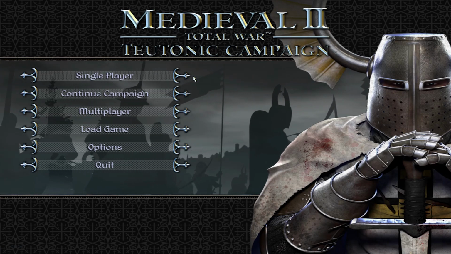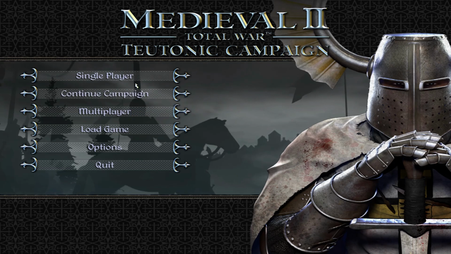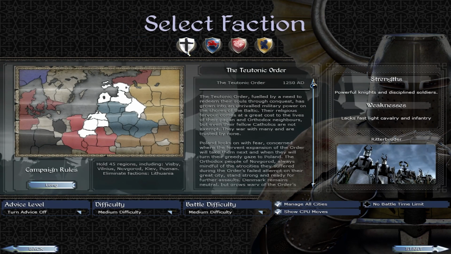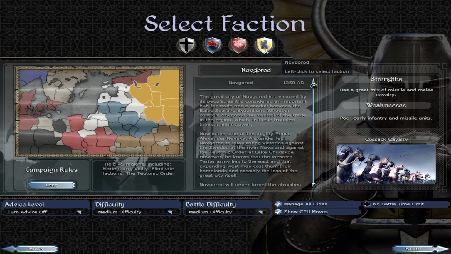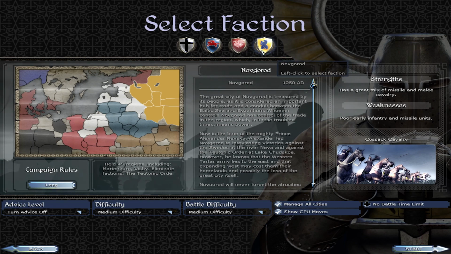Good evening, this is The Nerd Is The Human, and welcome to this guide to unlocking all factions in Medieval 2's Teutonic Kingdoms DLC. Now, if you open up the game, you'll find that the Teutonic Order, Lithuania, Denmark, and Novgorod are all playable factions, but that does leave 6 factions left for us to unlock, and that is what I will guide you